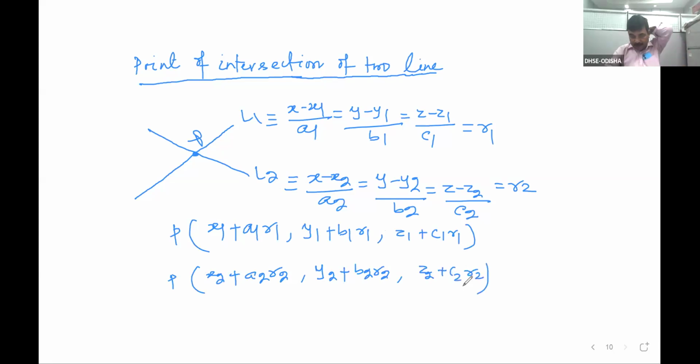Right? Since these two lines intersect for some particular values of r1 and r2, these two sets of coordinates are equal. So we can write x1 plus a1 r1 is equal to x2 plus